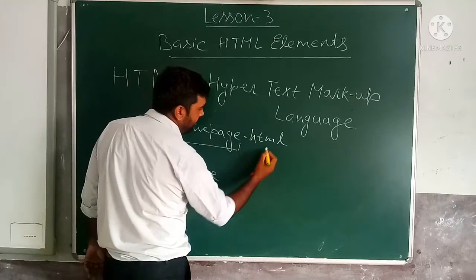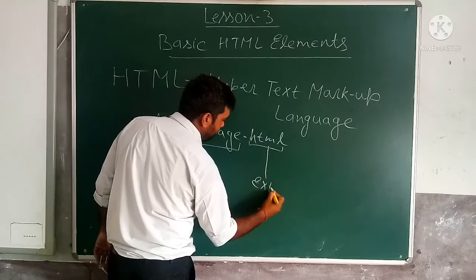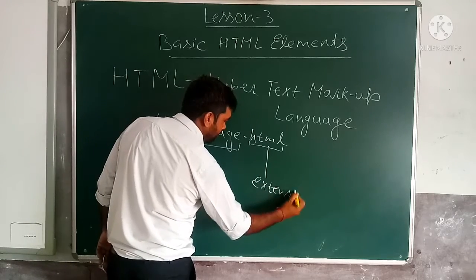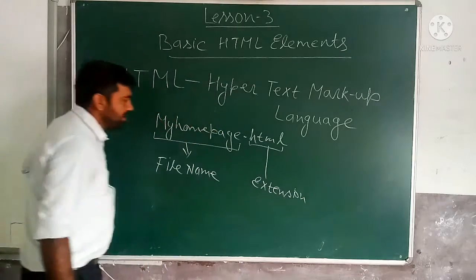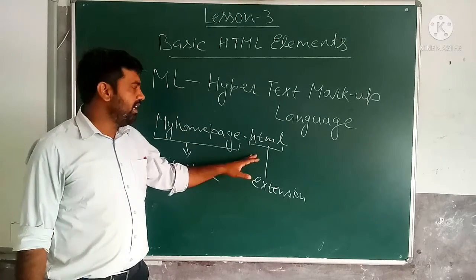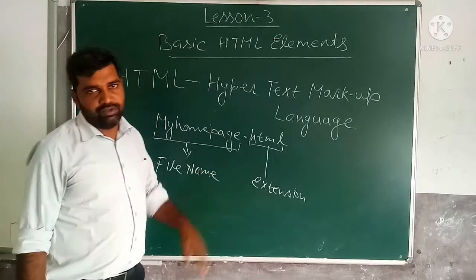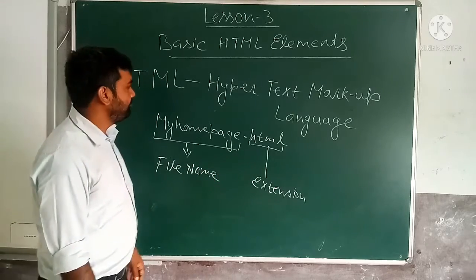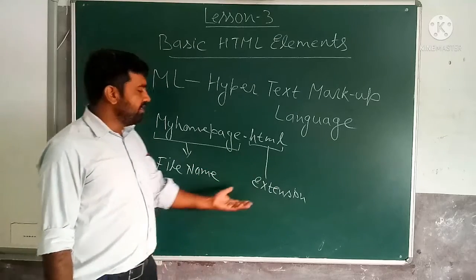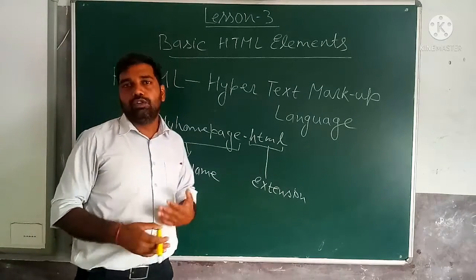And this .html is the extension. This is the extension. So we save the HTML file with the .html extension in the computer. By default it will save in the Documents folder. You can save it on the desktop also by changing its location. And after saving this file, how do we execute this file, how do we run the HTML file to create a web